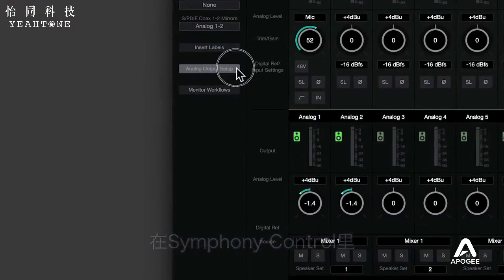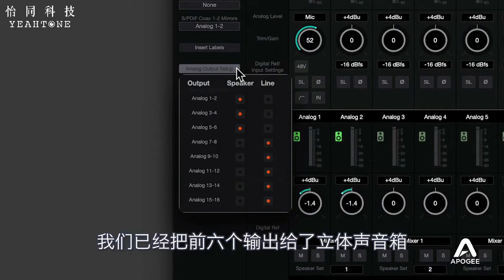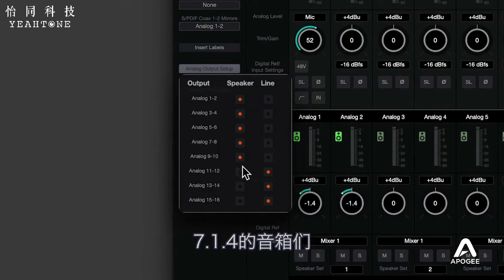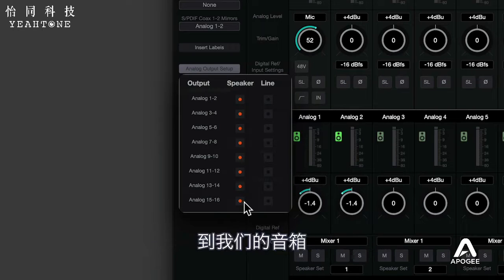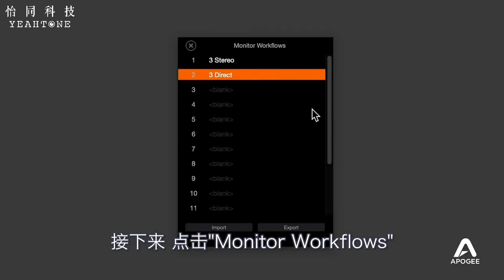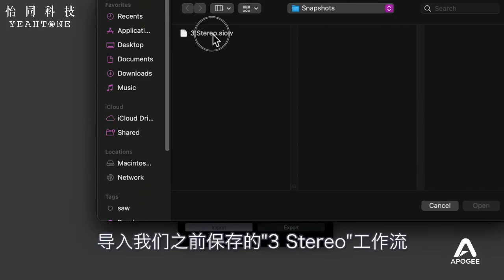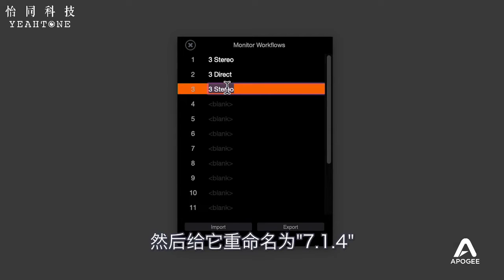In Symphony Control, click the Analog Output Setup button. We've already set up the first 6 outputs for stereo speakers, and we'll need the remaining outputs for our 7.1.4 array. So set analog outputs 7/8 through 15/16 to speaker now. Next, click the Monitor Workflows button. Click the third slot, import the 3 stereo workflow we previously saved, then name this new workflow